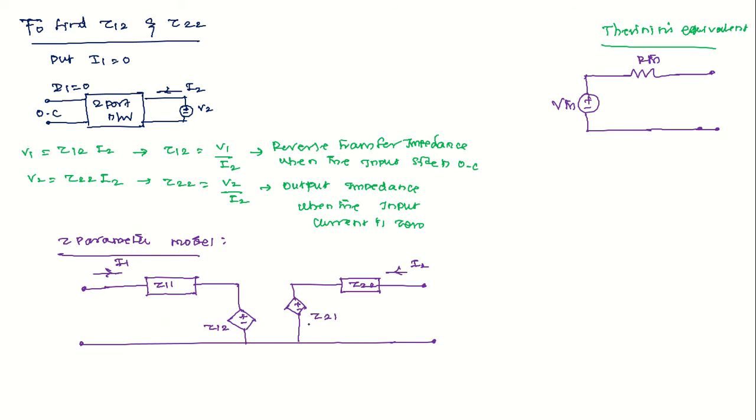Now see, this Z21 is due to the current I1, so you write I1 here, and this Z12 is because of the current I2, so Z12 into I2. Because impedance into current will give you the voltage, a voltage is formed whenever the impedance and the current are multiplied. This voltage is called V12 and this voltage is called V21. Thus, we are concluding the Z parameter model with the help of a two-port network.